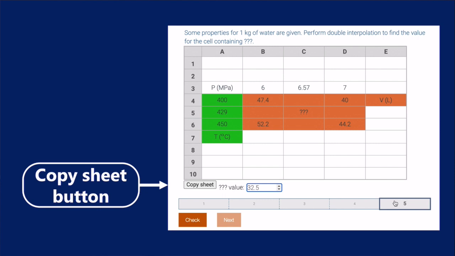Finally, a case study examined the introduction of a copy sheet button to allow learners the chance to copy the information of the interactive textbook's homework question into the spreadsheet of their choice. This could have up to 50 different numbers or cells that are filled. We proved the hypothesis that the copy sheet button would allow greater persistence or more attempts before a student got it correct, so that more correct answers would be measured.